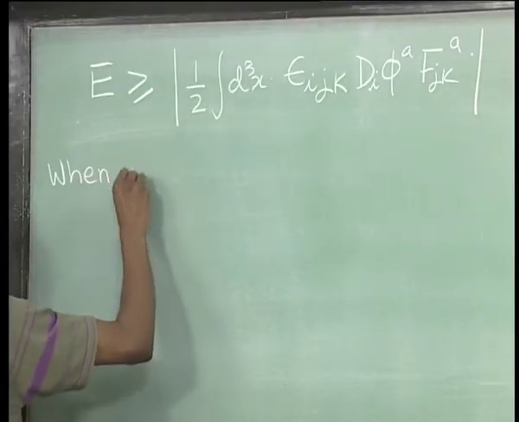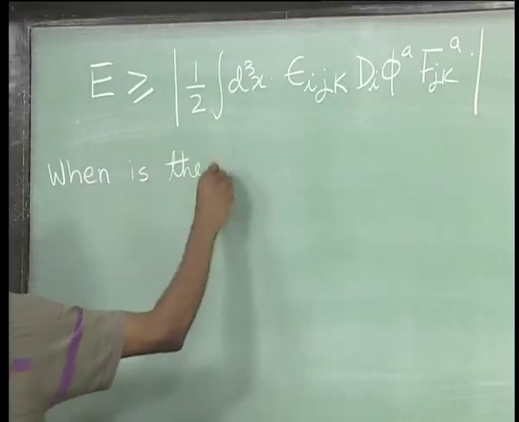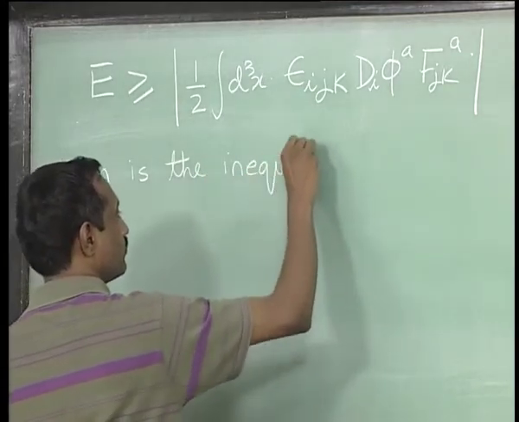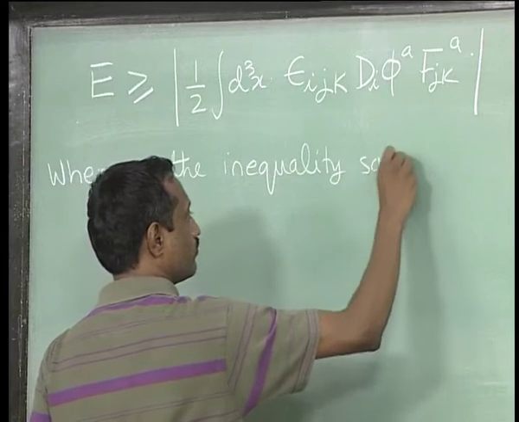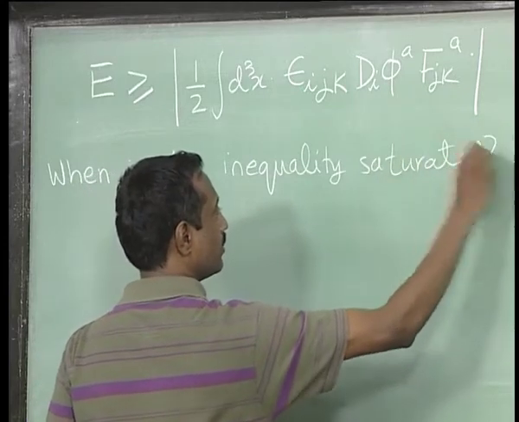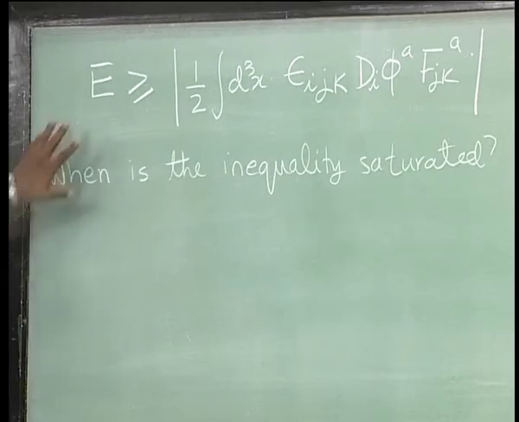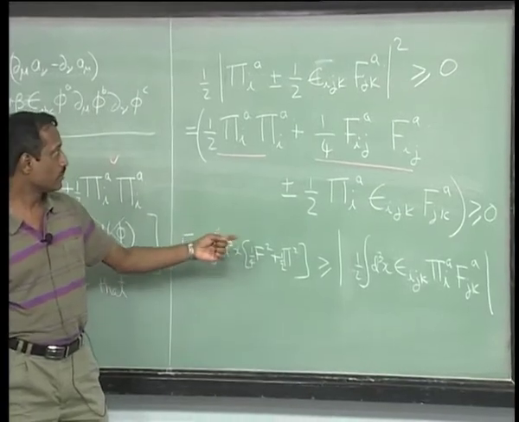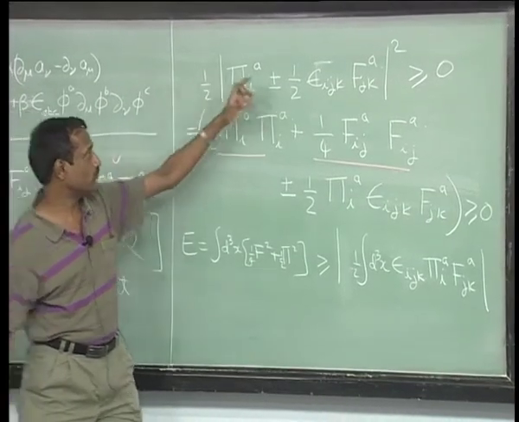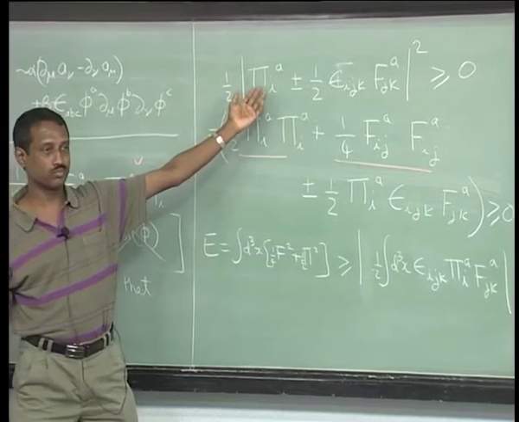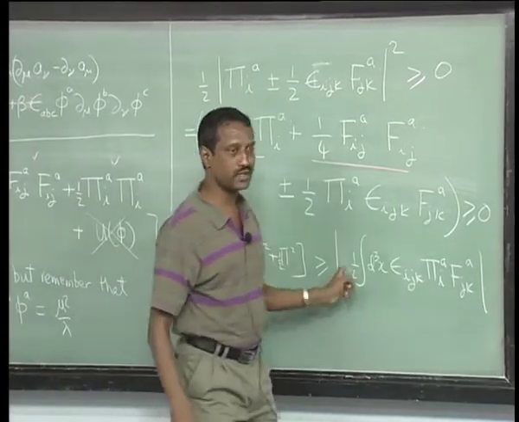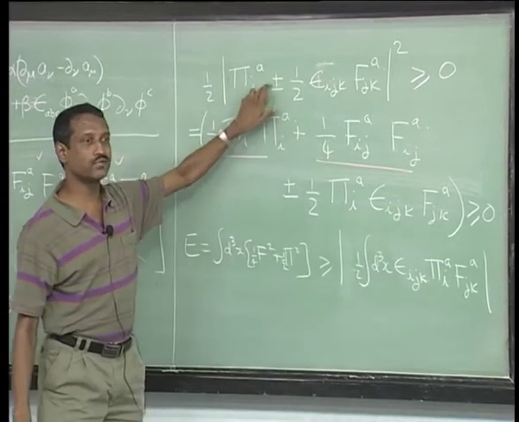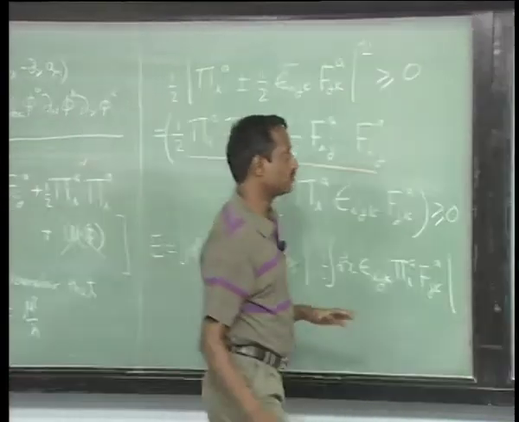So, now you can ask two things. The question to ask is when is the equality saturated, or when is the inequality saturated. By that I mean, the lowest energy configuration would correspond to E being equal to 0. Okay. So, that depends on the sign of what you look at. So, coming back to this, the question is when will it be true? It will depend on which sign plays the dominant role. So, it will be one of these two things being equal to 0. Okay. So, the answer is